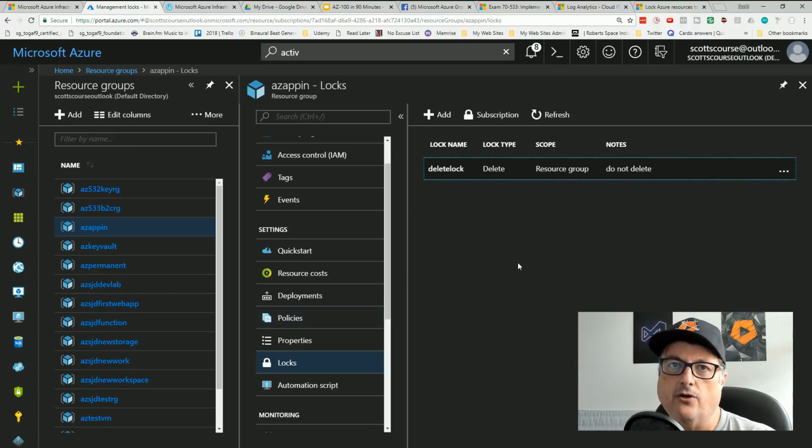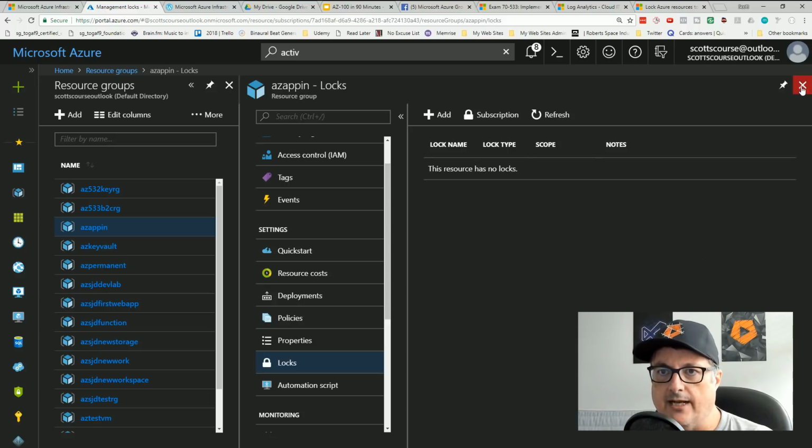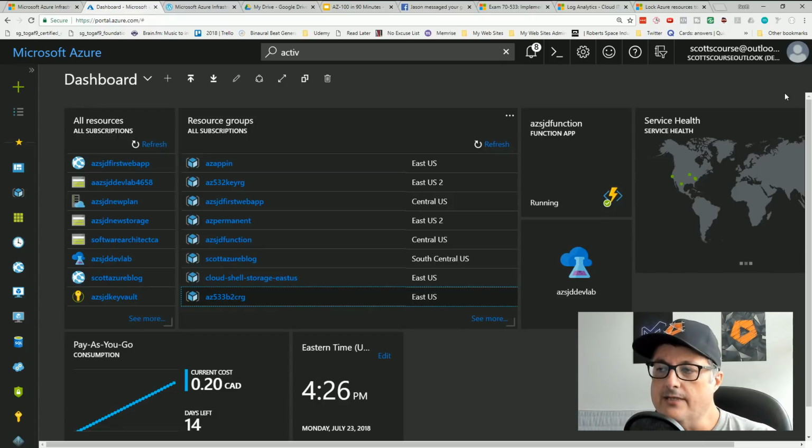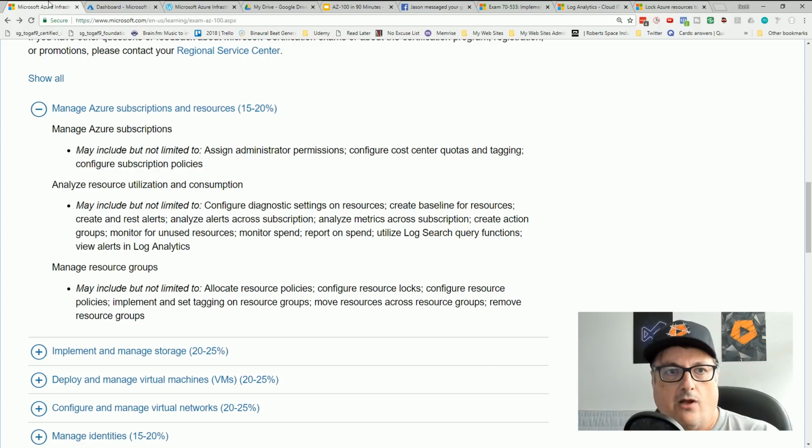Remember a couple of years ago, there was an outage on AWS, like the whole east coast of AWS was down, and it was because an AWS engineer deleted a bunch of resources, just hit a command, missed out a command line parameter, made a typo essentially, deleted a bunch of resources. So locks are really good for making sure that you're not removing resources accidentally, like you're really intentional.